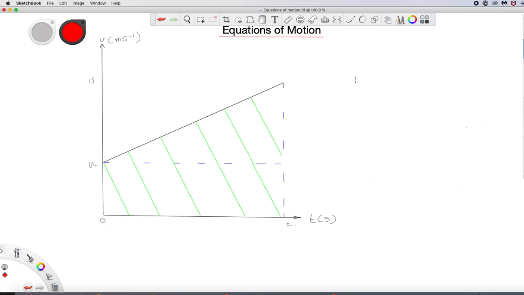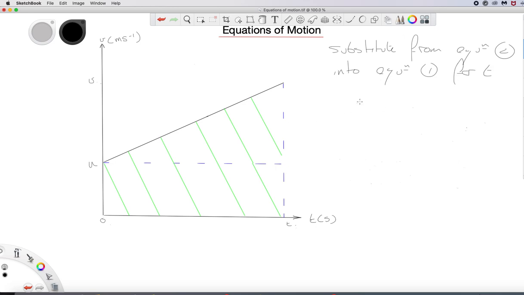So if we then substitute from equation 2 into equation 1